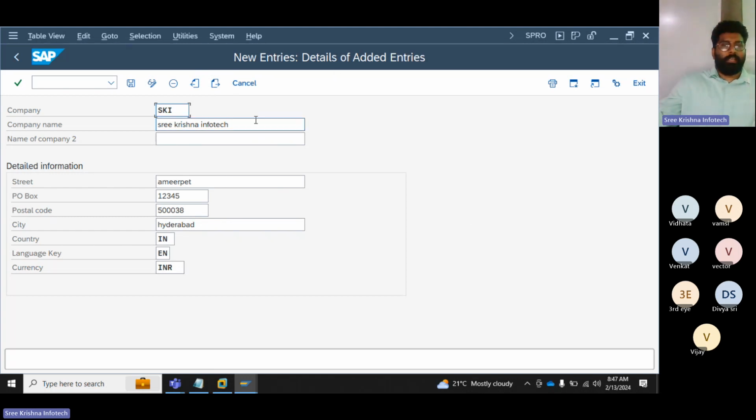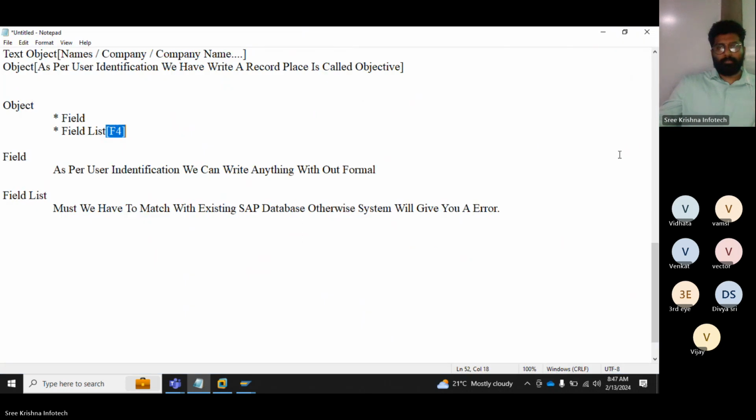Ante without this name, without address, without PO box, without postal code, without city, also I can save my company. Whatever we have entered, optional data is only for our identification purpose, not for SAP. In each screen, we have two types of